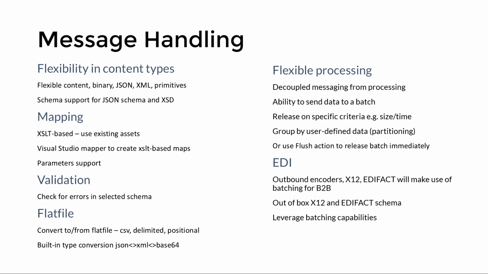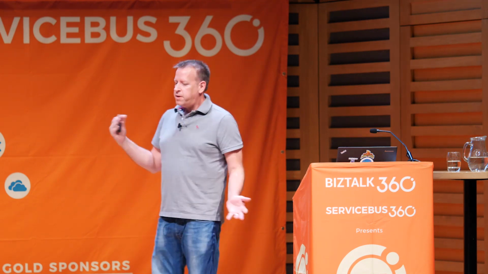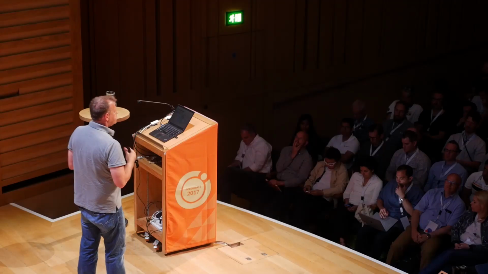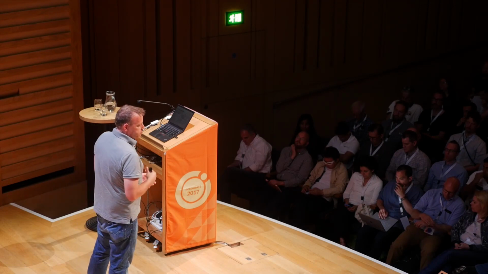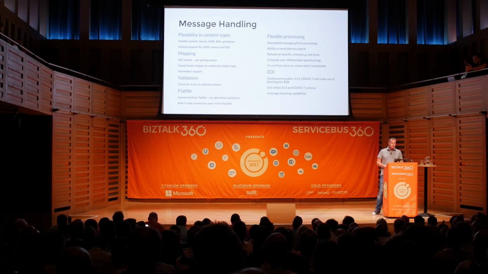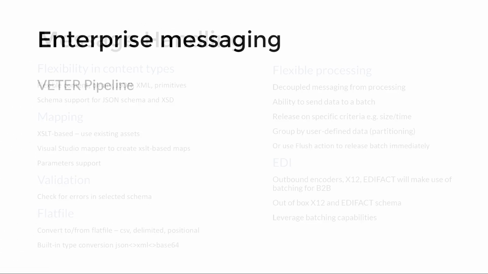The key takeaways are that we have great mapping capabilities, great validation capabilities, the ability to convert to and from flat file, to and from XML. Flexible processing, or the batching capabilities that we're in the process of shipping, and of course EDI and B2B capabilities as well. The common pattern is this, and I'm just going to let this draw up very quickly,